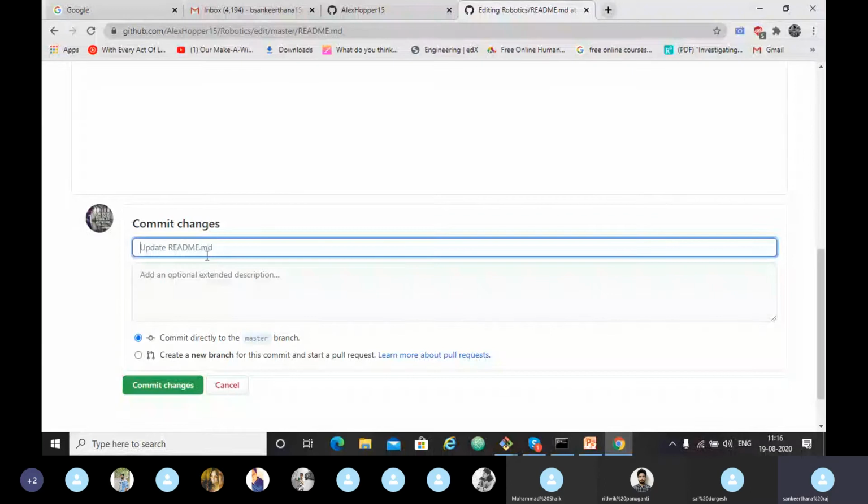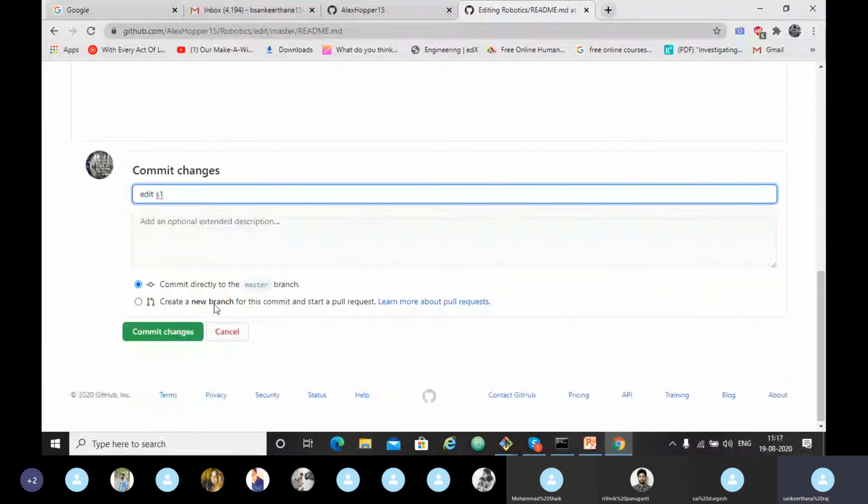So here you will have two options. One is commit directly to the master branch, or you can create a new branch for only this commit and start a pull request. Means you can ask Sankirtana that she should make some changes in her file. For that you can send her the pull request.